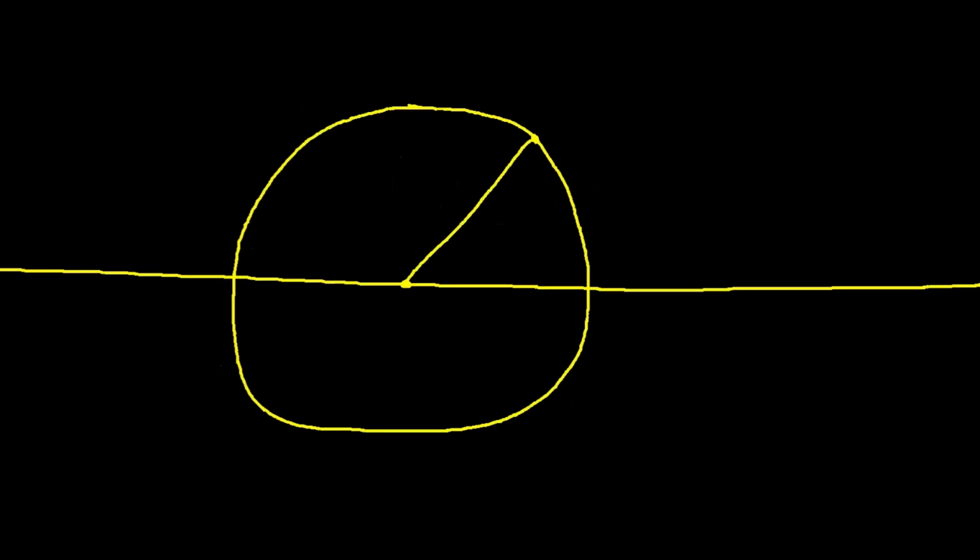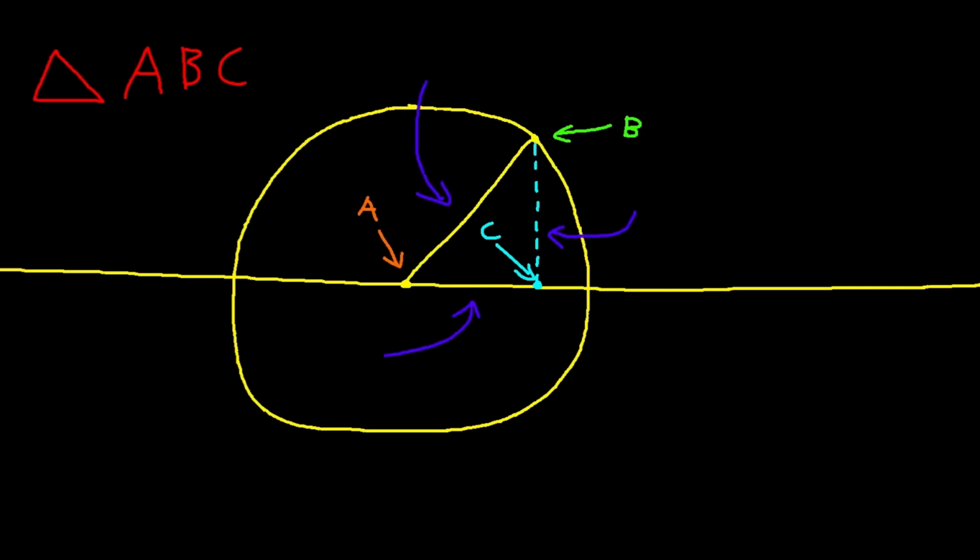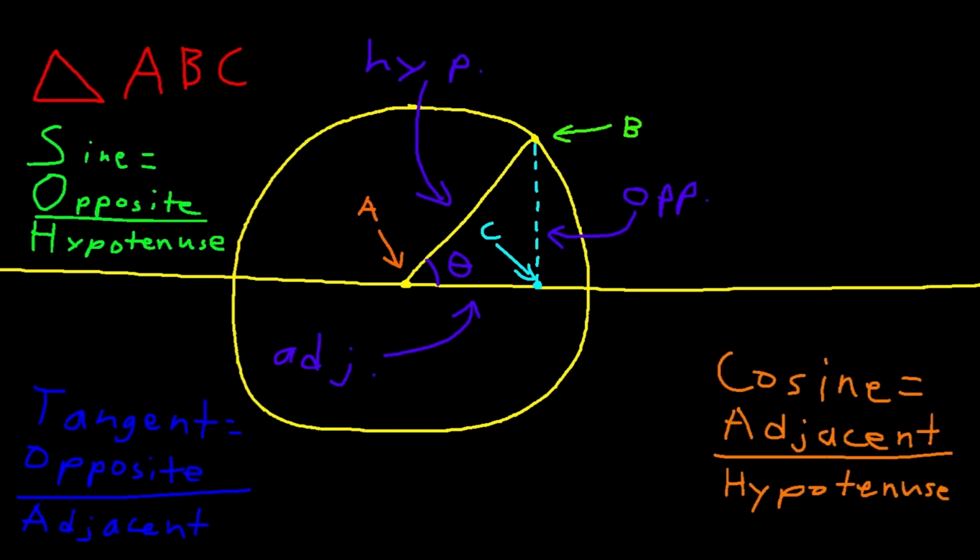On the line segment, if we label the point at the origin A and the point on the circle B, we can drop down from point B until we reach the x-axis, creating a new point C and triangle ABC. Now that we have our triangle, we can begin labeling sides relative to theta. Just by looking at it, this side is the longest, so it's the hypotenuse. We can also label the adjacent as the side next to it, and the opposite as the side that does not touch the angle. From here, we can apply SOHCAHTOA and figure out what the trigonometric functions mean relative to